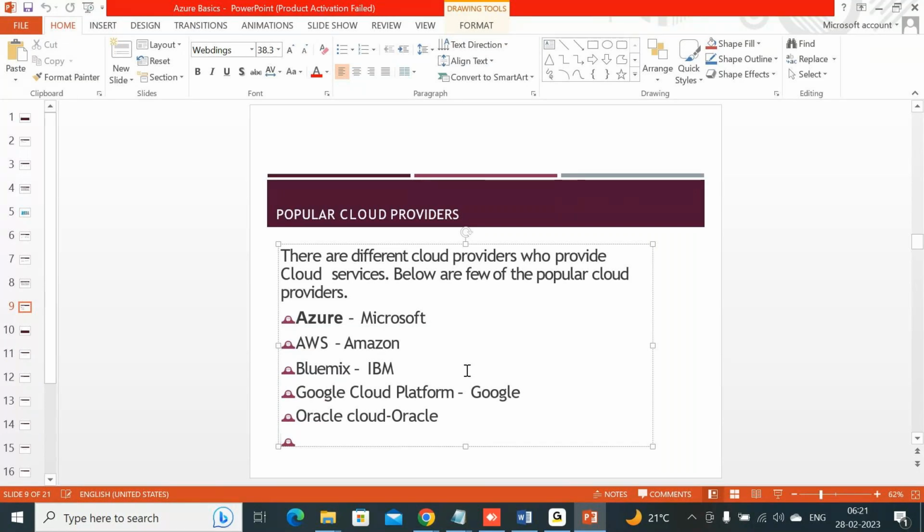Someone guess Salesforce. You may have heard about that. Salesforce Cloud. So these are all the popular cloud providers.